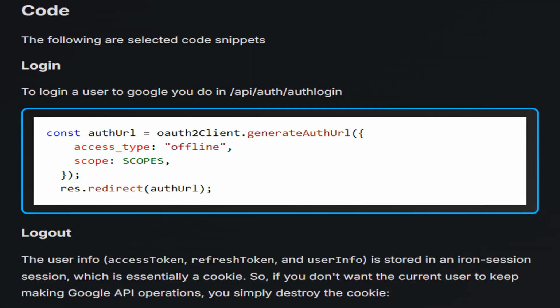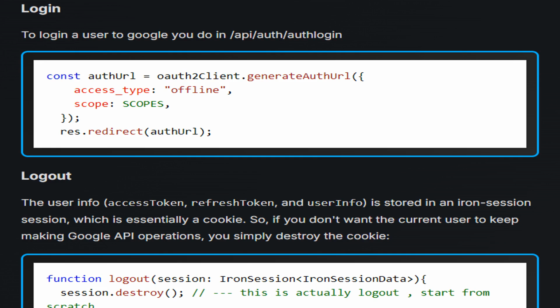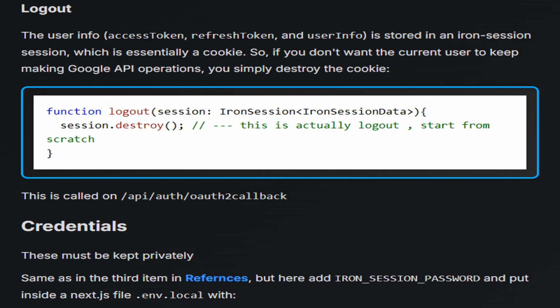The following are selected code snippets. This excerpt describes how to log a user into Google using an OAuth 2.0 authentication process. It demonstrates generating an authorization URL with specified access type and scopes, and then redirects the user to that URL for login. The text explains that user information, including access token, refresh token, and user info, is stored in an